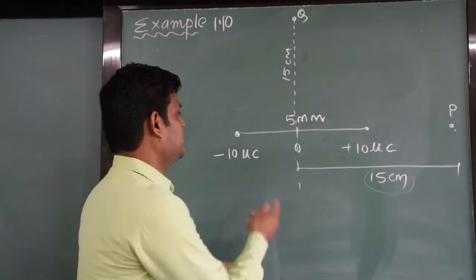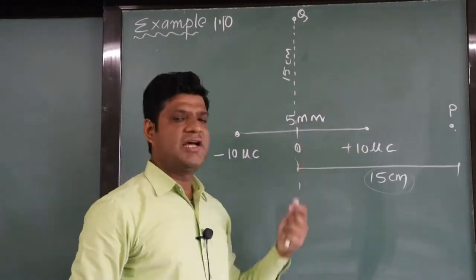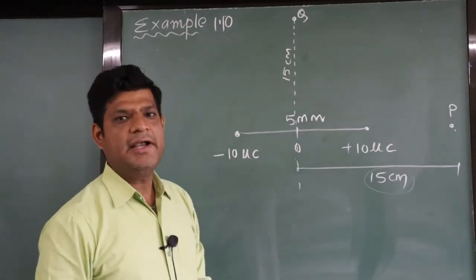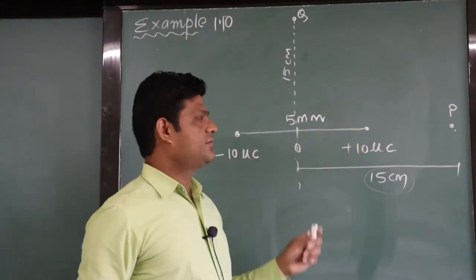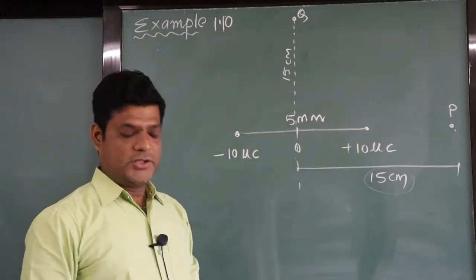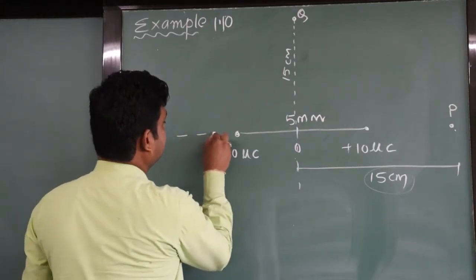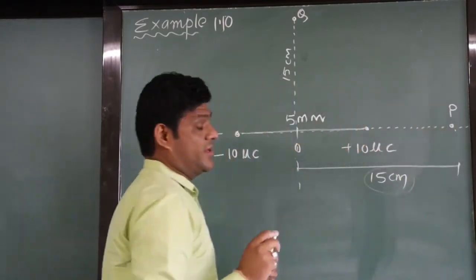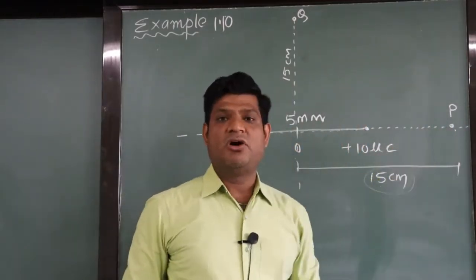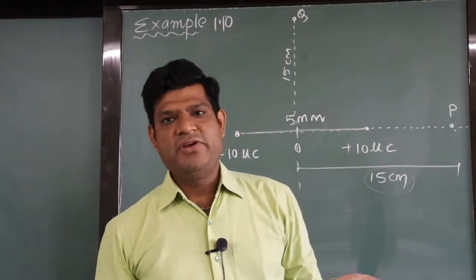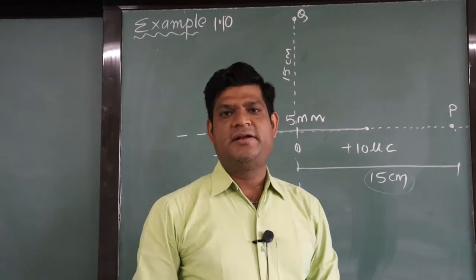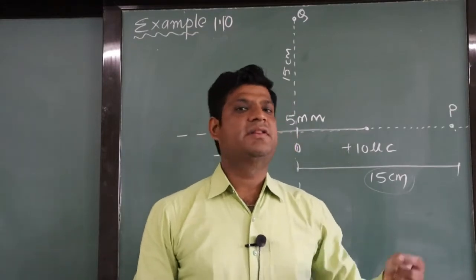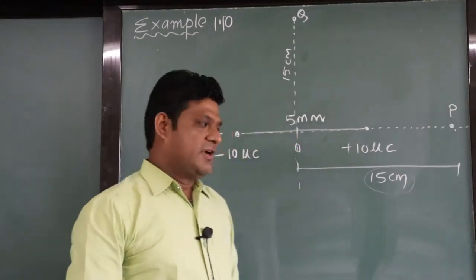So students, this is a dipole first of all, because the charges are equal in magnitude and opposite in sign, plus q and minus q charges, right. So we can see that it is a dipole separated by some distance, 5 mm. This dotted line shows the axis of the dipole. Hence we can say that the point P is on the axis of the dipole, and we can calculate the electric field on the axis of the dipole. We have already derived the formula. So what is that formula?